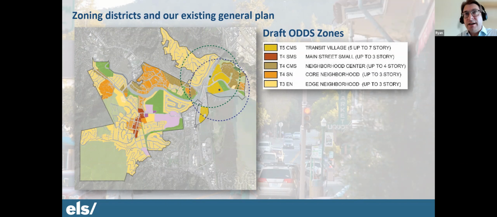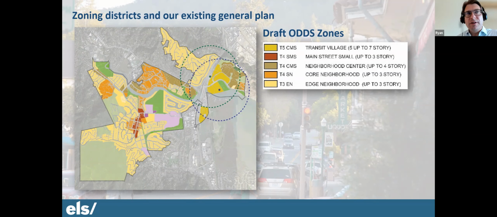So a really quick overview: the T5 CMS is what we're calling Transit Village. And we've put this near the train and ferry stations. It's predominantly 5 stories, and then with density bonuses and affordable housing, you can push it up to 7.